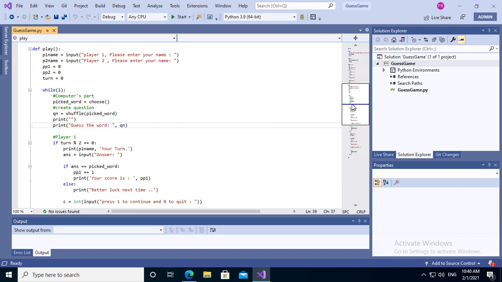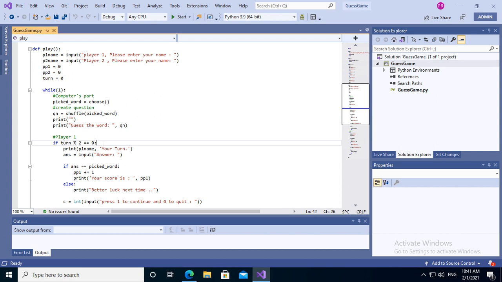Now let's come to the player part. First we will start with player 1, then player 2. We will alternate it. To keep alternating the turn, we keep track of the value turn. At turn 0, player 1 will play. At turn 1, player 2 will play. At turn 2, again player 1 will play. At turn 3, player 2 will play. And the game goes this way.